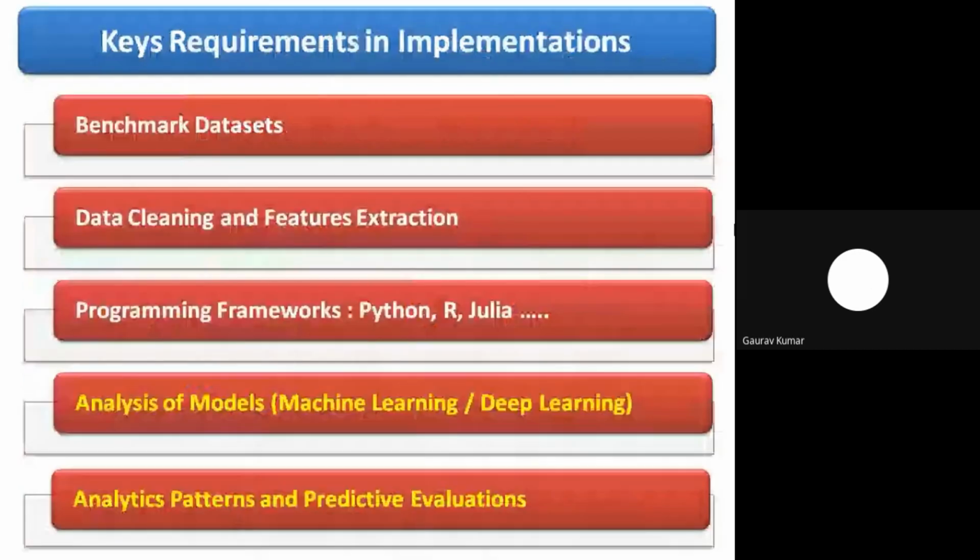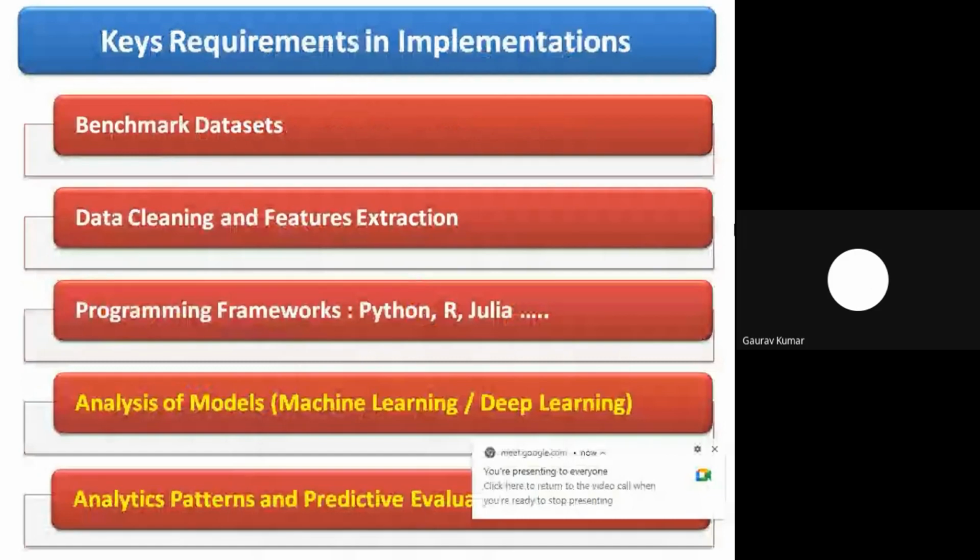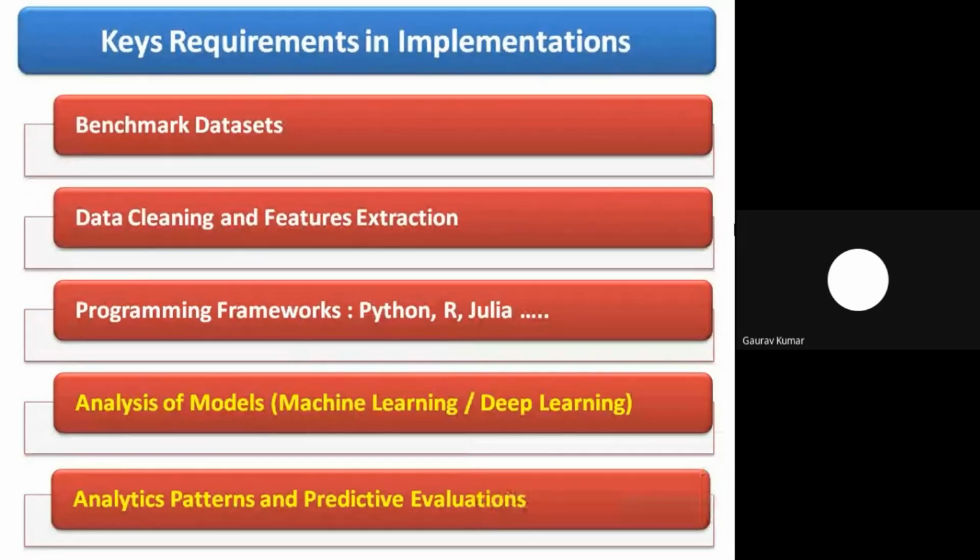As you can see in this slide, there are different key requirements, which are the major requirements in any implementation. What is the layered approach, with different phases that we have to work with. First point is benchmark data set. Whether you are working in deep learning, generative adversarial networks, 1D, 2D convolutional networks, CNN, or traditional supervised learning or unsupervised learning,